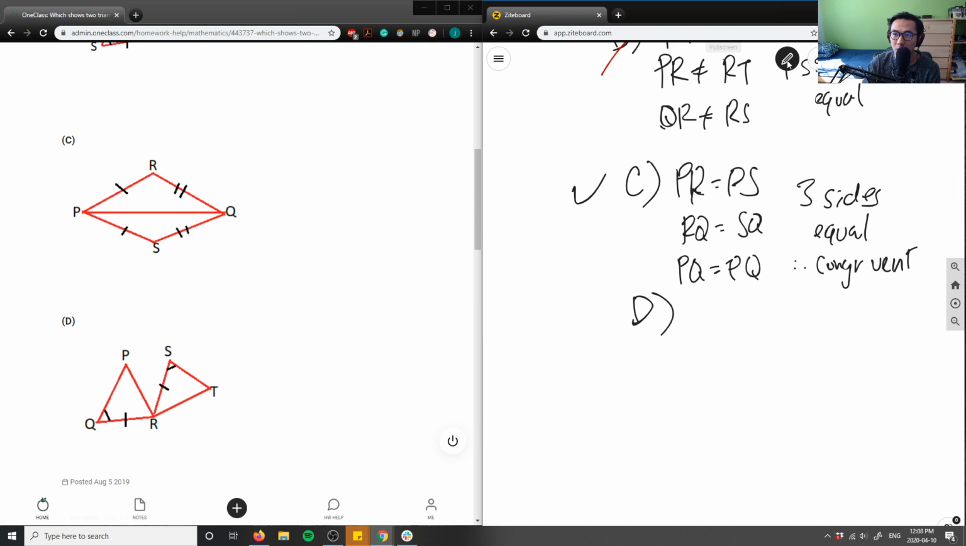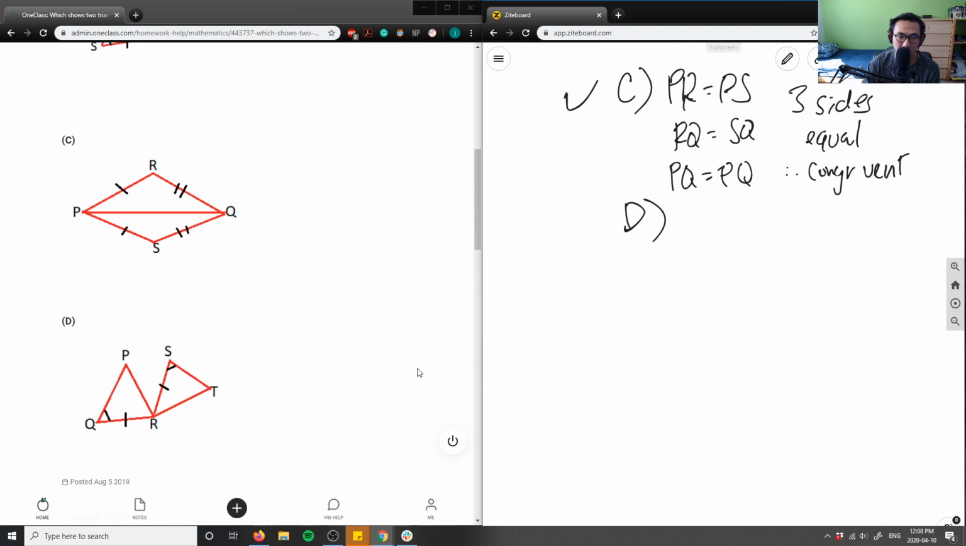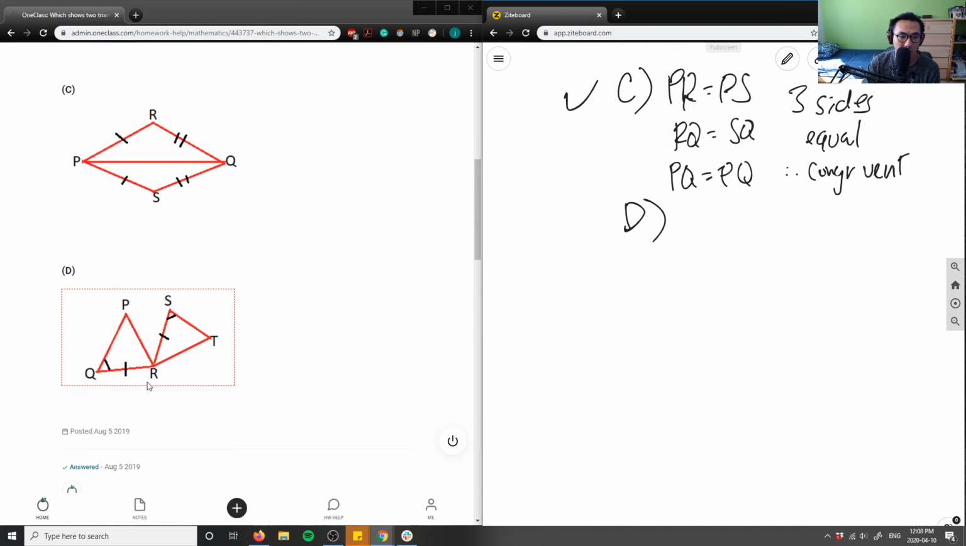But let me prove to you that D is not the correct answer here. So I have PQR and RST here. So again, this side QR, I have the line here and the line here, right? So QR is equal to RS. That's good. That's one side that's equal. So QR equals RS. And then I look at the angles here. This angle and this angle,